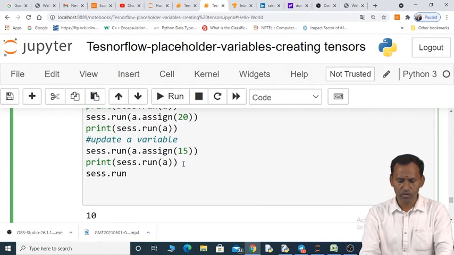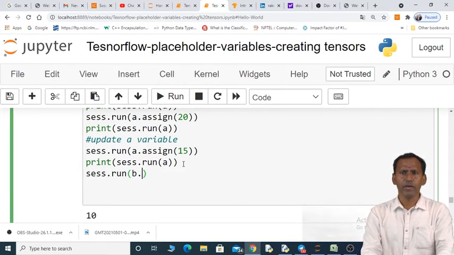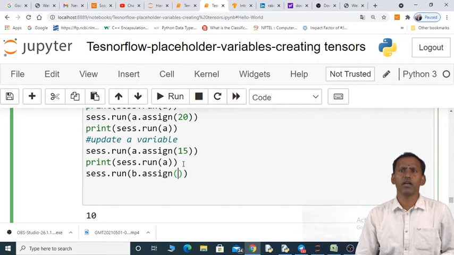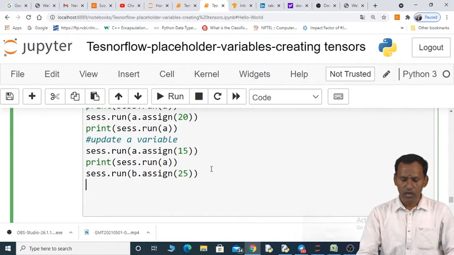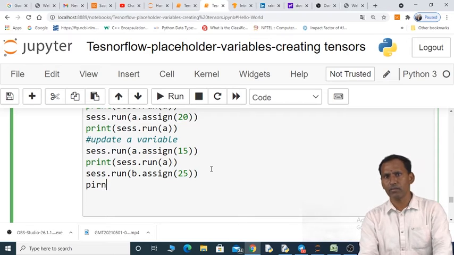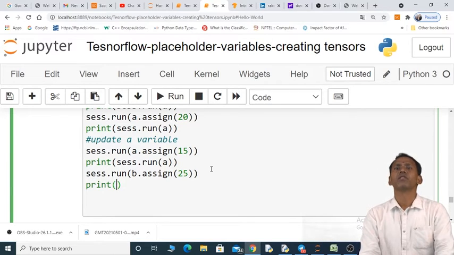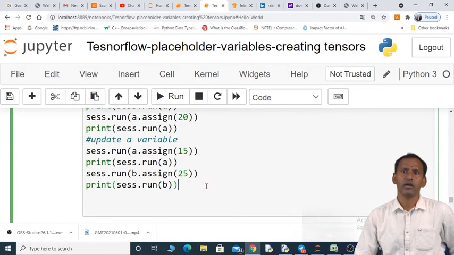So here run, variable name b and assign. Previously the value of variable b is 20, now I want to update it to 25. If you want to see its updated value, again we have to run the variable b. Now we can see it.